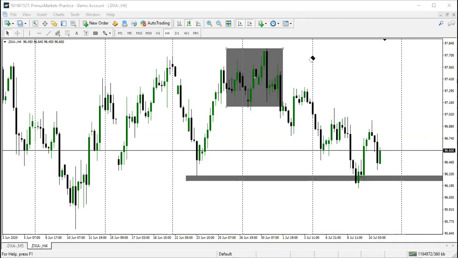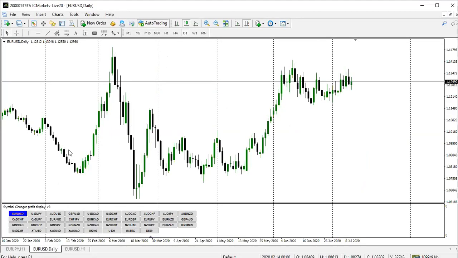So let's go to other pairs that we are really looking at to see what we're expecting. This is a USD pair, Euro USD. On Euro USD, 4 hour, we can see the accumulation. Then when this month opened, we see it going higher. Then this also took out liquidity, and this can be the same thing just like what you have seen on dollar index. We might see the same thing here. The market took out liquidity. We have another block that is serving as a resistance. Then this market can actually continue to go down.